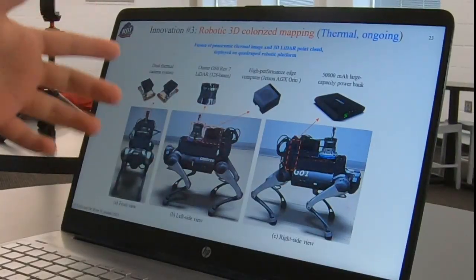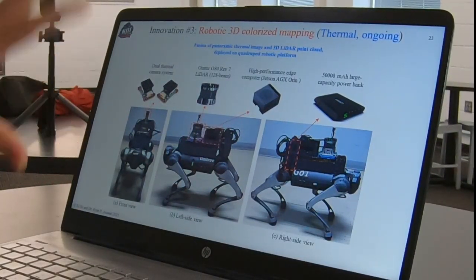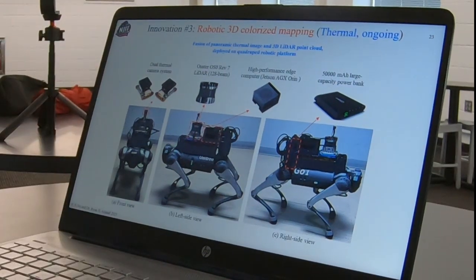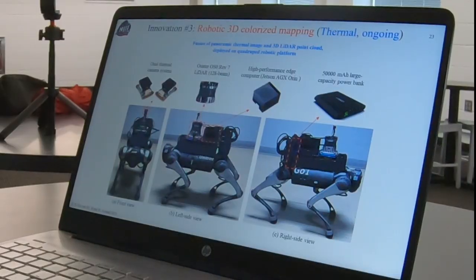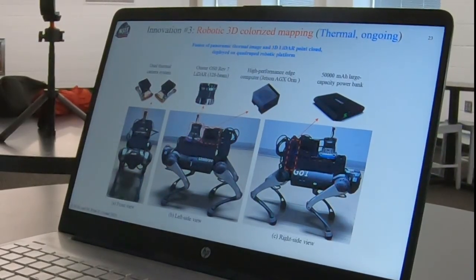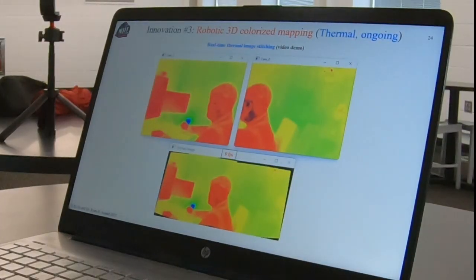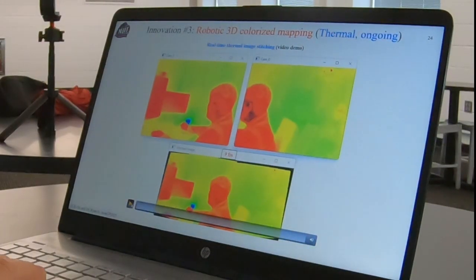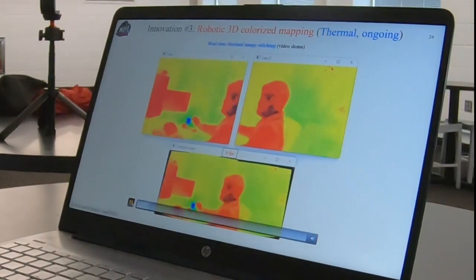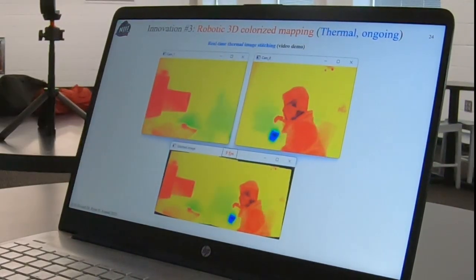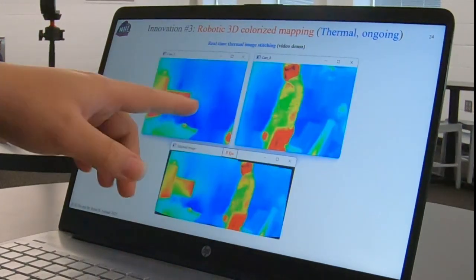So we are developing this system, and part of the results have already been published in a conference paper. Basically, this system leverages thermal image stitching and the fusion of the stitched image and the LiDAR point cloud together to do 3D thermal scanning. Here is a video showing how 2 individual thermal images are stitched together in real time. The blue thing is a cup of cold iced water, which of course is much cooler.